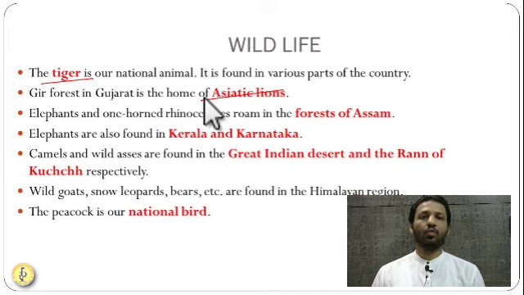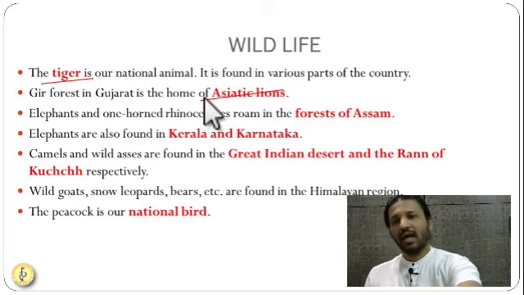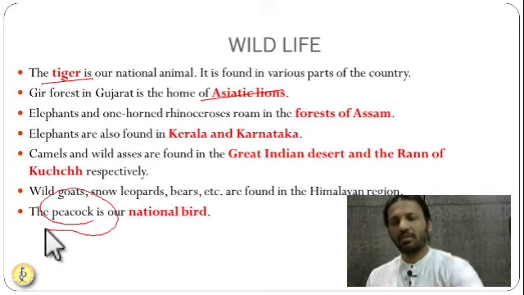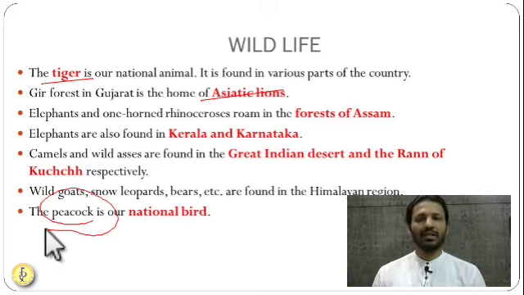You will find some goats called Himalayan tahrs. Then you will find Himalayan bears. They are very huge bears called Himalayan bears. So these things are very important. Our national bird is the peacock. Though these things we know, somewhere concretely it is not mentioned in many books, but the six standard NCERTs, the last chapter mentions this. So this is very important.